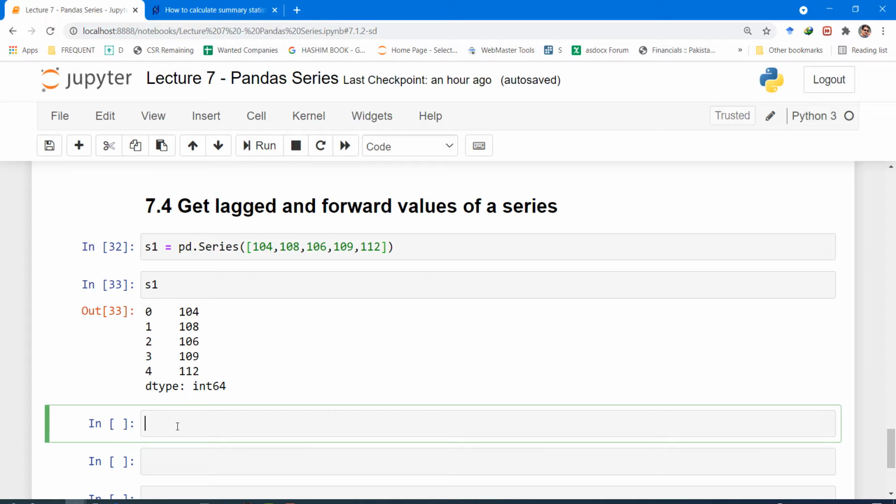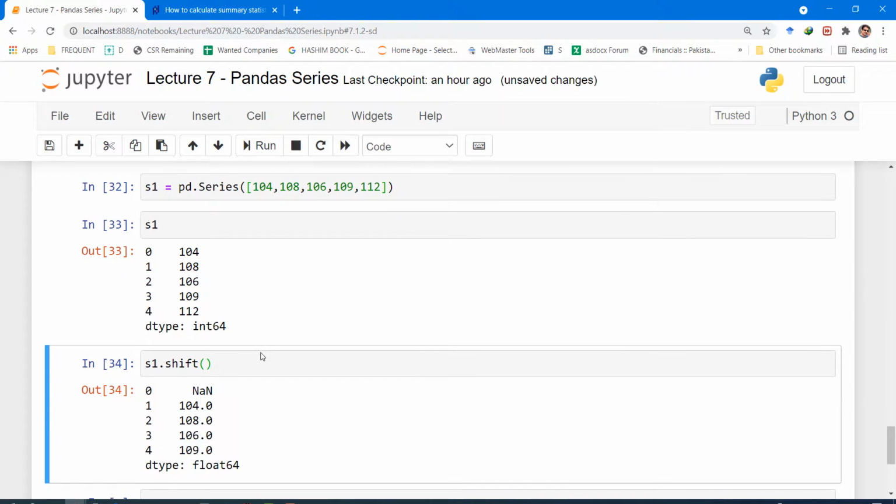So if I want to find that, I can use the shift method. Okay. So what does the shift method do? It actually creates a lagged value of the given series. So on the first day, we have 104. So with the shift method, this value has been